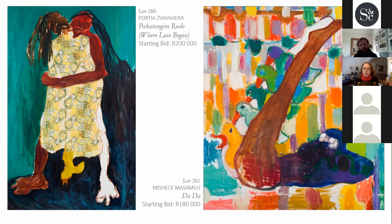He produced these incredibly large canvases, the smallest one being over 2 meters by 2 meters, and the largest one over 4 meters. And these were met with great critical acclaim, and although the Biennale is clearly not a commercial exhibition, the majority of these works have actually now been sold and are in international and local, but mostly international museums and important collections. Savayera represented